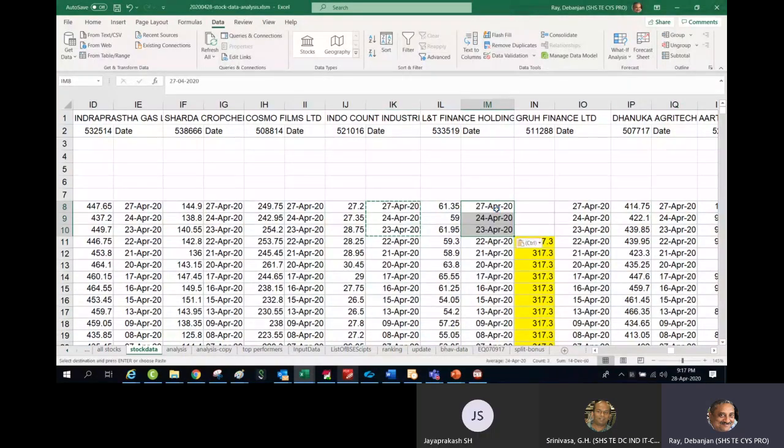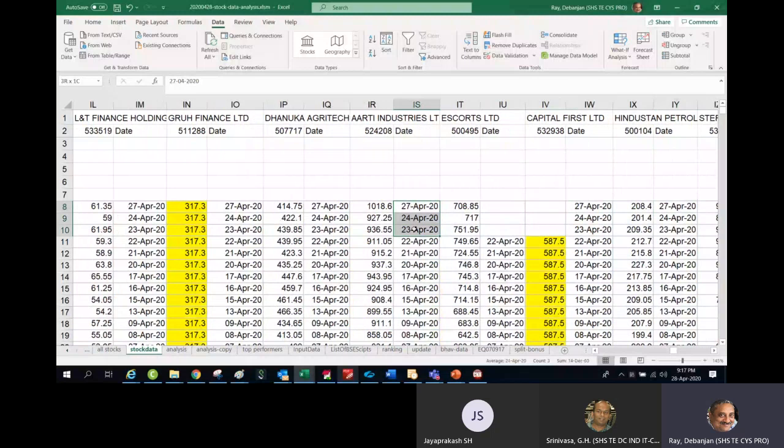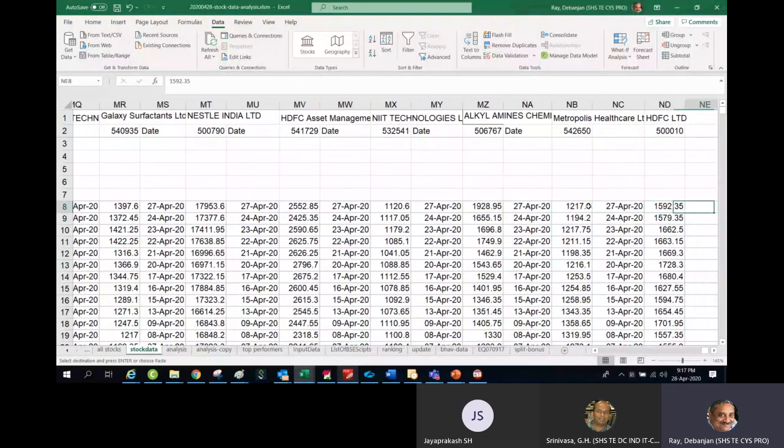It was earlier managed by HDFC Bank. Now it is not a part of HDFC, and the stock has stopped. So I do the same thing. Actually, I need a cleanup, but I'm a little lazy. Otherwise, I could have deleted the stock as well if I wanted to maintain it.